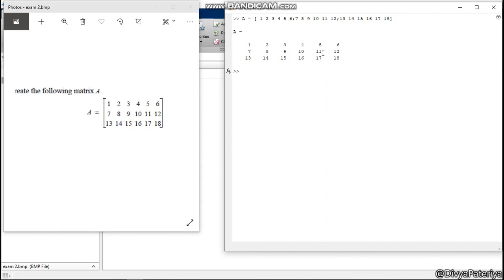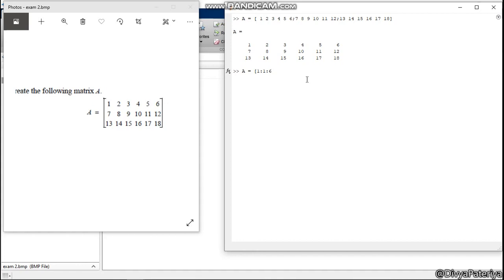It is time consuming, and it also takes a lot of effort. The way we will solve this question is we will use the colon operator, because we can see that the difference in every single digit here is 1. So what we have learnt is I will make a matrix A which starts from 1. We have a difference of 1. It is going till 6 in the first row.